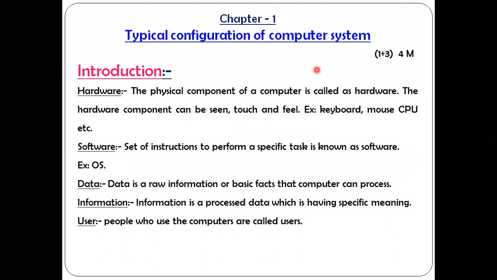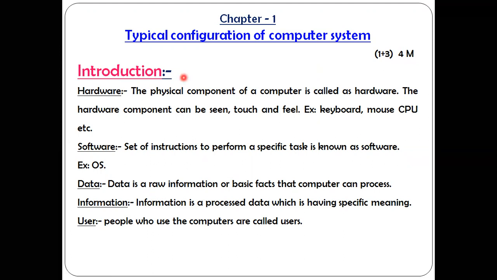The total marks allotted for this chapter is 4 marks. This 4 marks is divided into 2 parts. One question will be asked for 1 mark and one question will be asked for 3 marks. That is 1 plus 3 is equals to 4. That is what we have mentioned here. One question for 1 mark and one question for 3 marks. Total of how many marks? 4 marks. So here in this chapter, some terms are associated with this chapter, that is hardware, software, data, information,